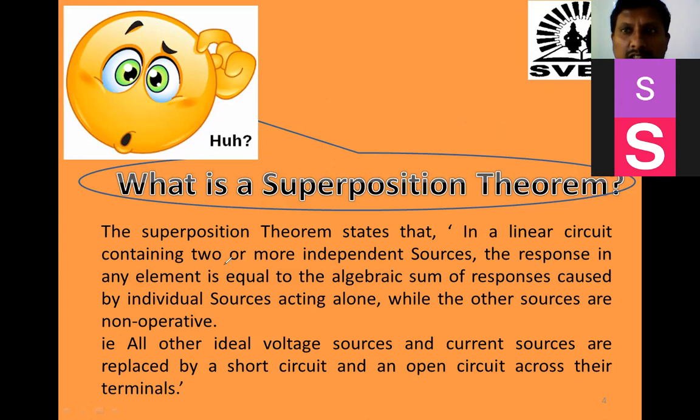Now dependent sources, how many should there be? It may be 0, it may be 1, it may be 2, it may be 3, it may be infinite, it doesn't matter. It will not affect dependent sources. But along with dependent sources, at least 2 independent sources are needed, or all sources should be independent, but the minimum count will be 2. Minimum 2 independent sources should be there.